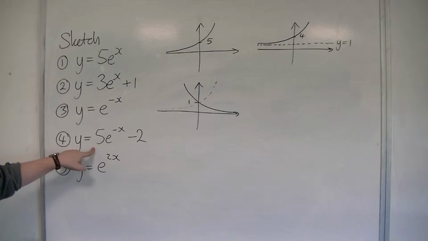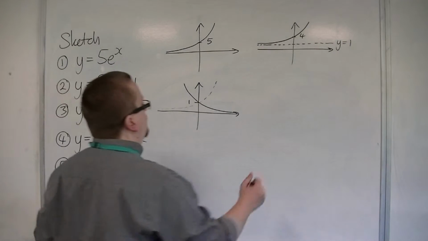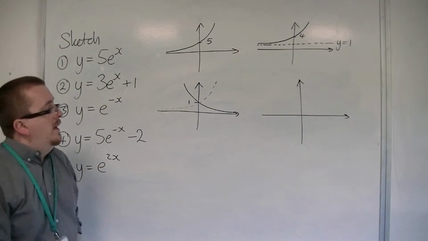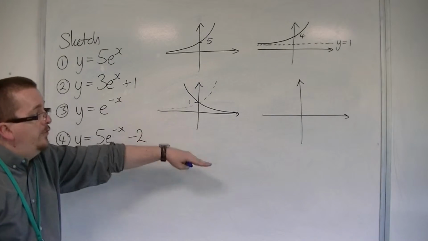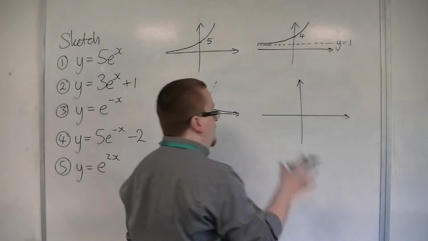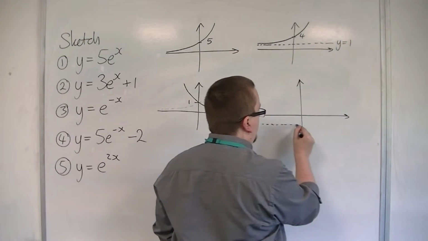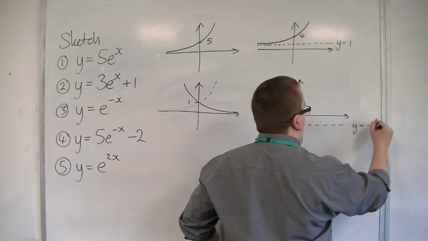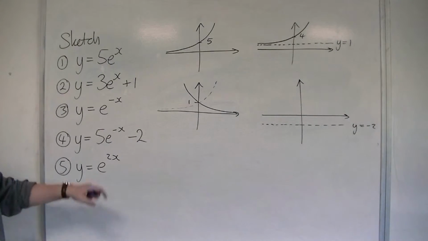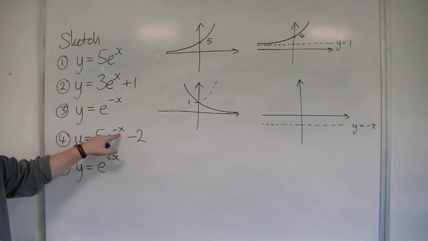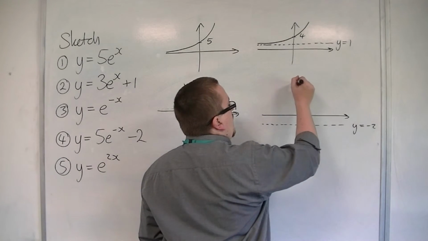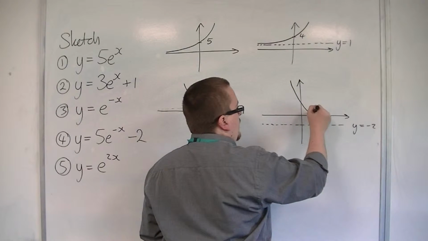Now, if we're looking at y is equal to 5e to the minus x minus 2, then what's happened is that minus 2 has taken the graph down 2 places. Okay, so it's been translated by 2 in the y direction downwards. And so there is now a horizontal asymptote of y is equal to minus 2. So this asymptote that was there has been pushed downwards. When x is 0, we get 5 take away 2, so 3. So we know that the curve crosses through 3. And so the curve would look something like this,